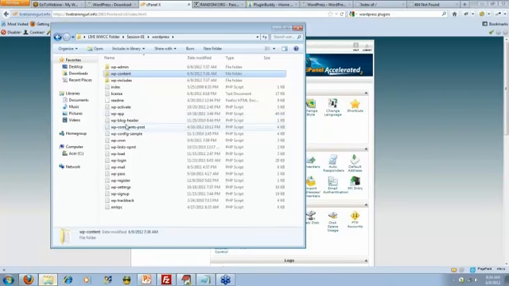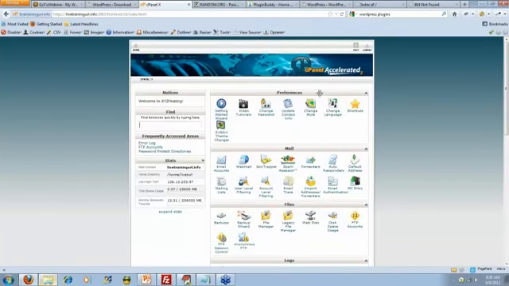Okay? So with that, basically, installing WordPress is very simple. It's just a couple of step process. The first thing that we need to do is create a MySQL database, get the values from that installation, and then we can upload WordPress, and we're going to upload WordPress via FTP, or using a piece of software